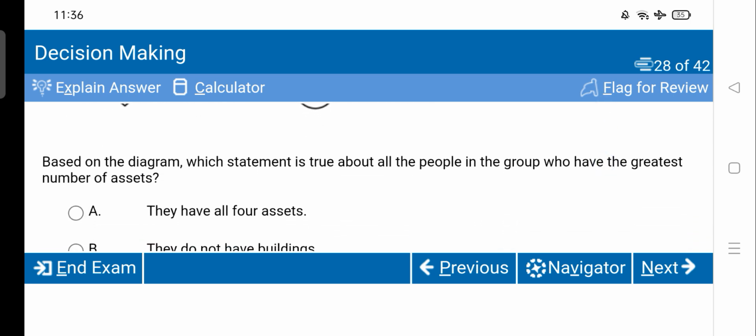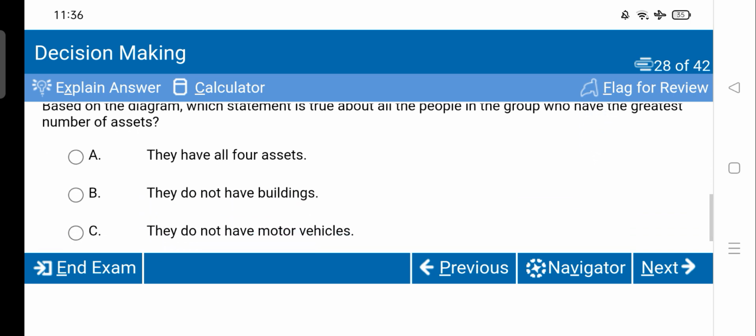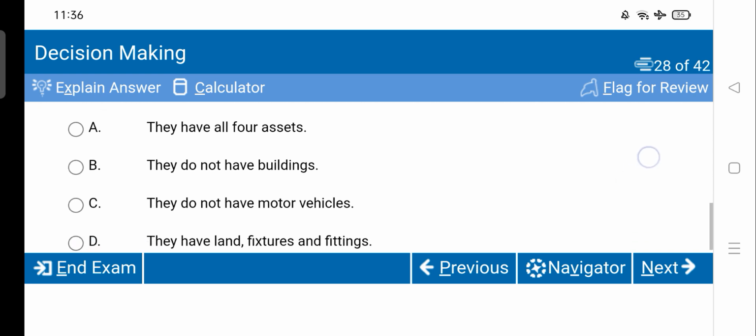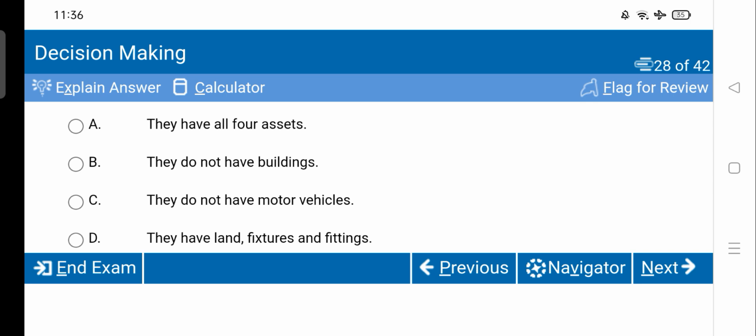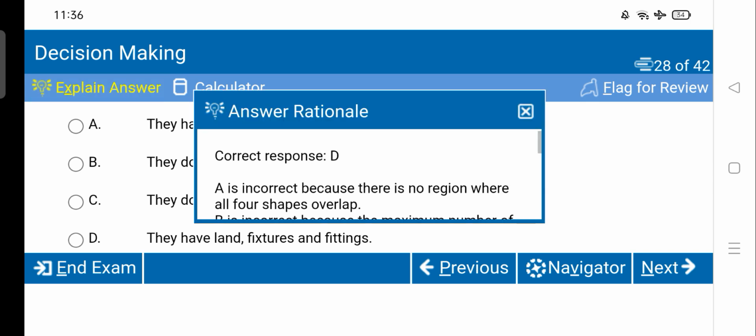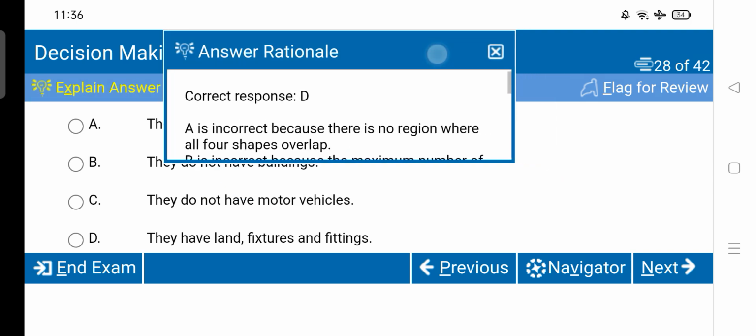So based on the diagram, which statement is true about all the people in the group who have the greatest number of assets? Option A, they have all four assets. Option B, they do not have buildings. Option C, they do not have motor vehicles. Option D, they have land, fixtures and fittings. So here we have option D as the correct option,